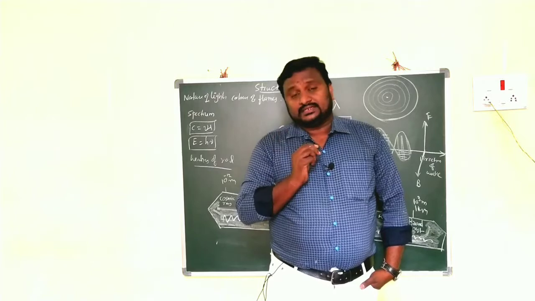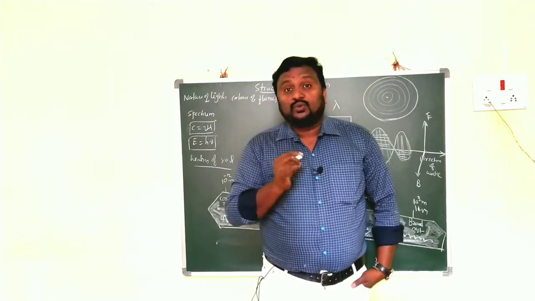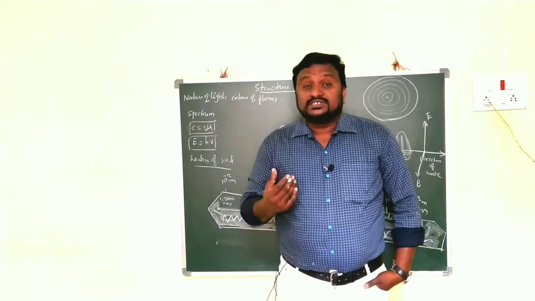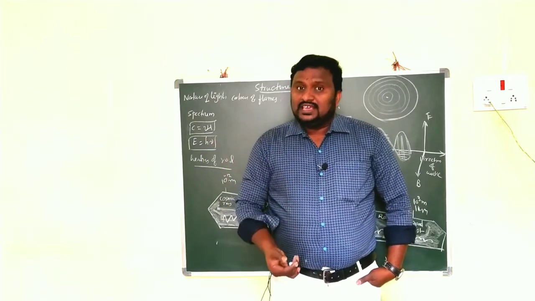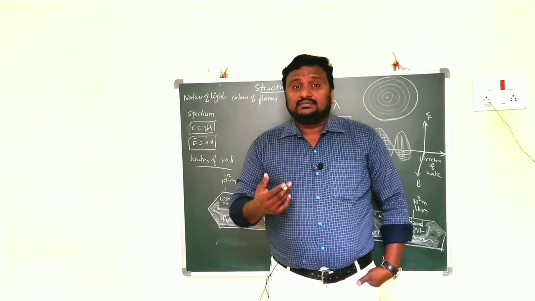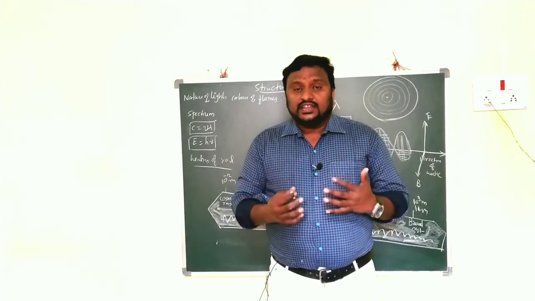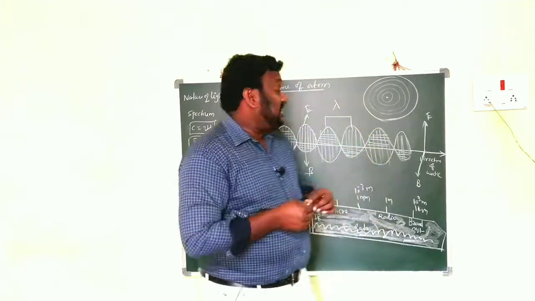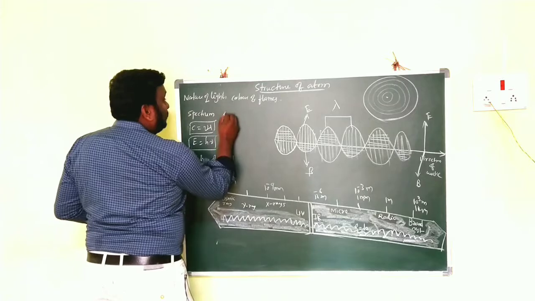And what about light? This is the main point you have to know. What is meant by a light wave? How can light be transmitted from one place to another? Light is emitted from something, for example, the sun can emit light. That light moves in the form of waves. That is generally called the wave theory of light. So children, wave theory of light.